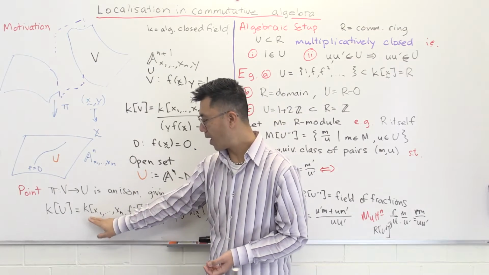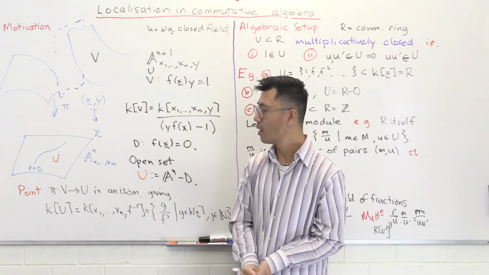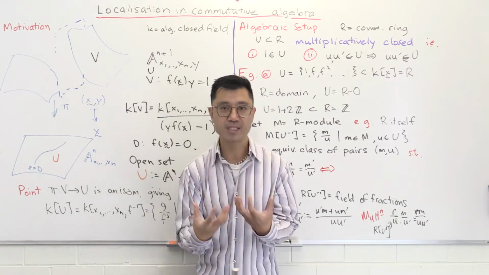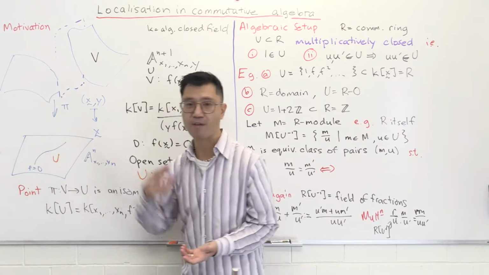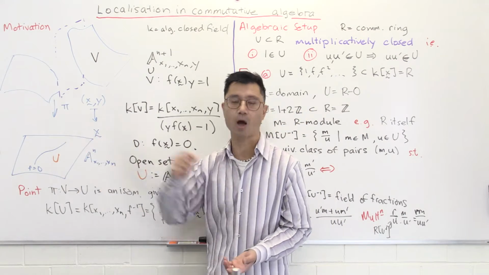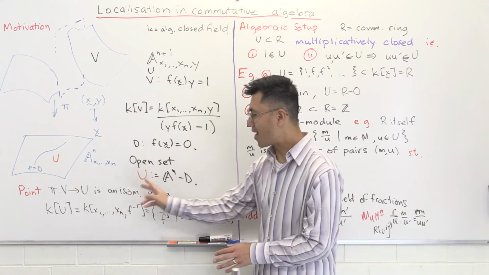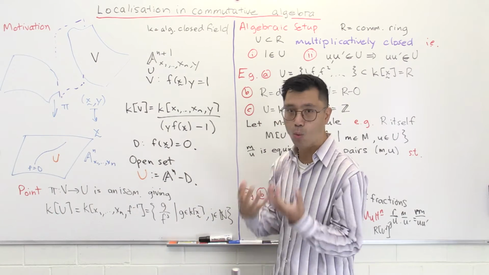coordinate ring is x1 up to xn. That's how you think of it algebraically, as this polynomial ring. And to go to this open set U, which is the complement of f equals 0, you just invert f. That's the procedure of going to that open set. Now, this is actually quite a natural thing to do, because another way to think about